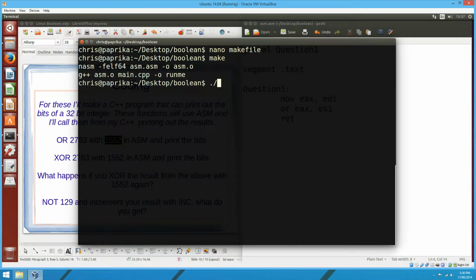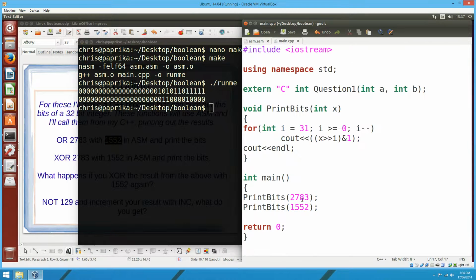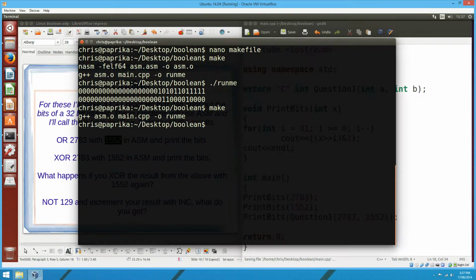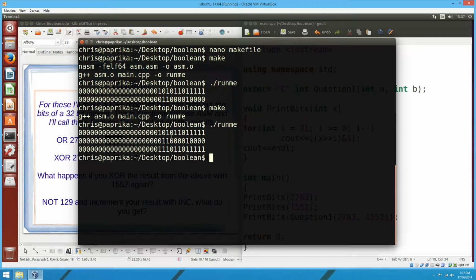Make and run. Well, I didn't print out the... that was silly. Sorry, I forgot to print out the actual function call there, so how embarrassing. Okay, we'll try that again. Make and run. Okay, that's better. Alright, so now we see